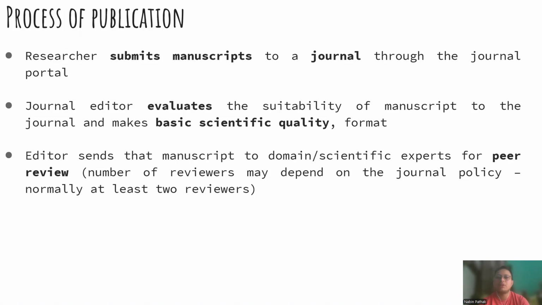Once the paper is submitted, the editor-in-chief or the associate editor of the journal evaluates the suitability of the manuscript, right? He or she watches out for the scientific quality and whether your manuscript properly adheres to the scientific rigor of the journal. Once the editor-in-chief evaluates the scientific suitability and quality, he or she sends it to reviewers belonging to the particular field, known as peer reviewers. Then the reviewing process starts. These are the general steps of the publication process.